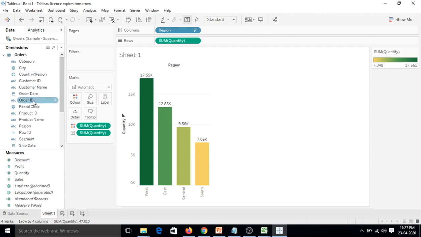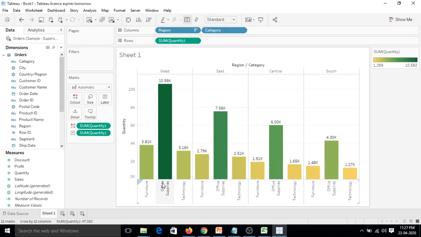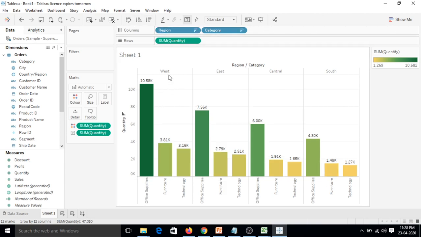So we have different categories in it. Let's click it and place it along with region. Now you can see that in a specific region, the west region, for furniture we have this much of sales, office supplies we have this, and technology it's 3.1k. Similarly, we can see other regions. So let's arrange in descending order so that it can show a very high-level understanding by just looking at the chart.